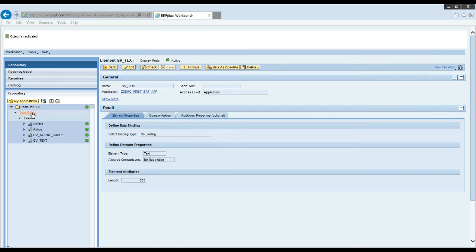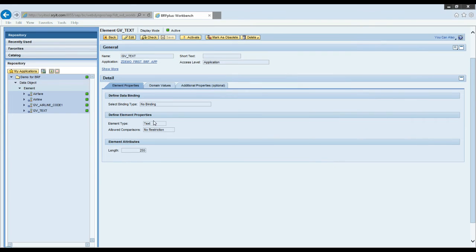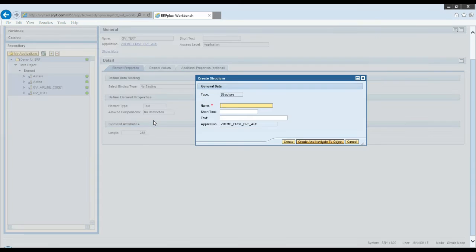Now I will show you creating a data object of structure type. So let's say structure. Now you can enter the structure name here. Let's say global structure GS flight. Create and navigate.